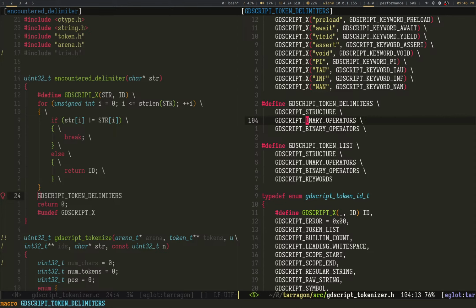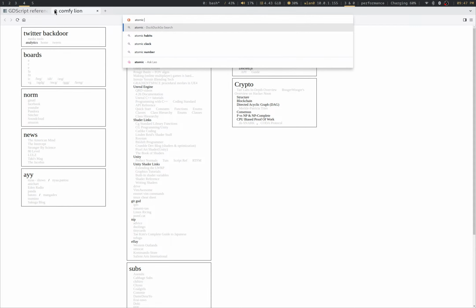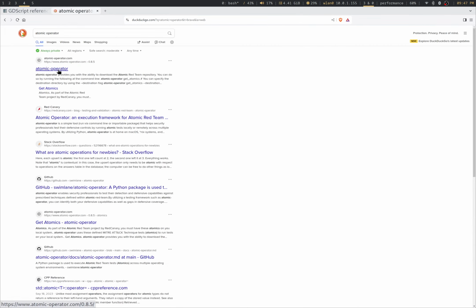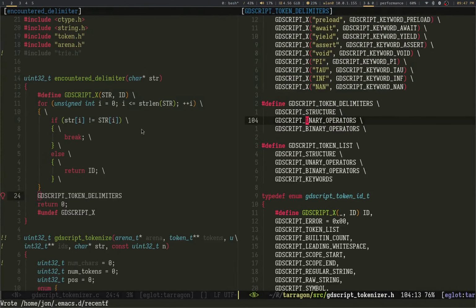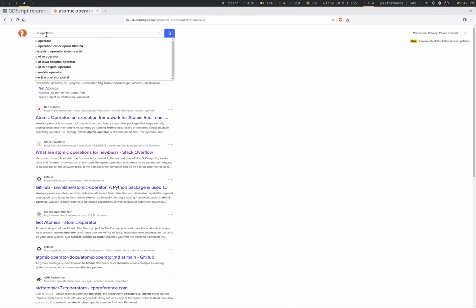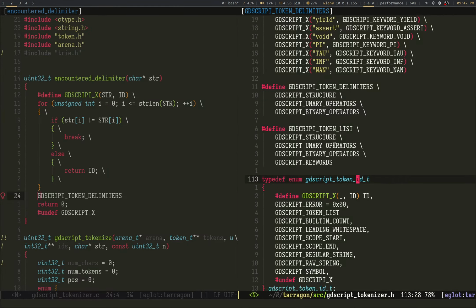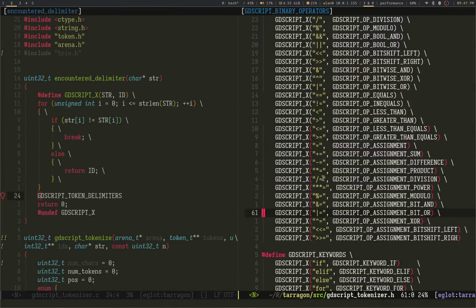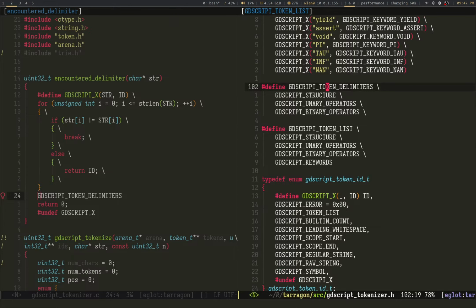Are these atomic operators? What's the difference between unary and atomic operator? Nope, it's unary operators. Great. Yep, unary. Great. We love our unary operators here. So let's go keywords, and I'll make the GDScript operators token delimiters. And we just combine these even further.